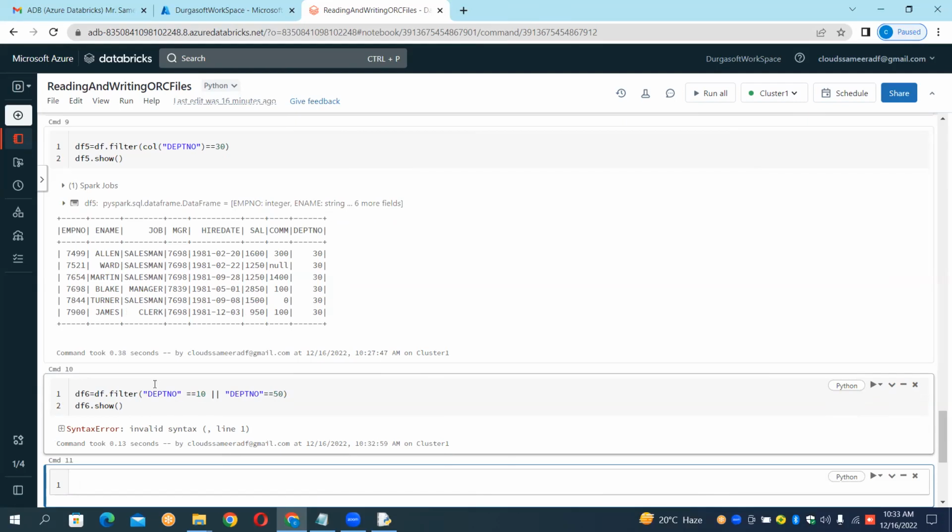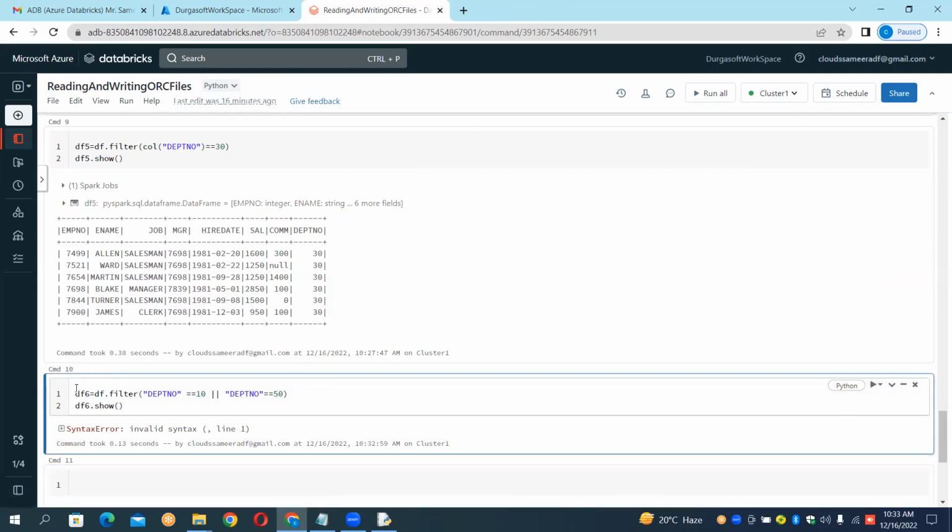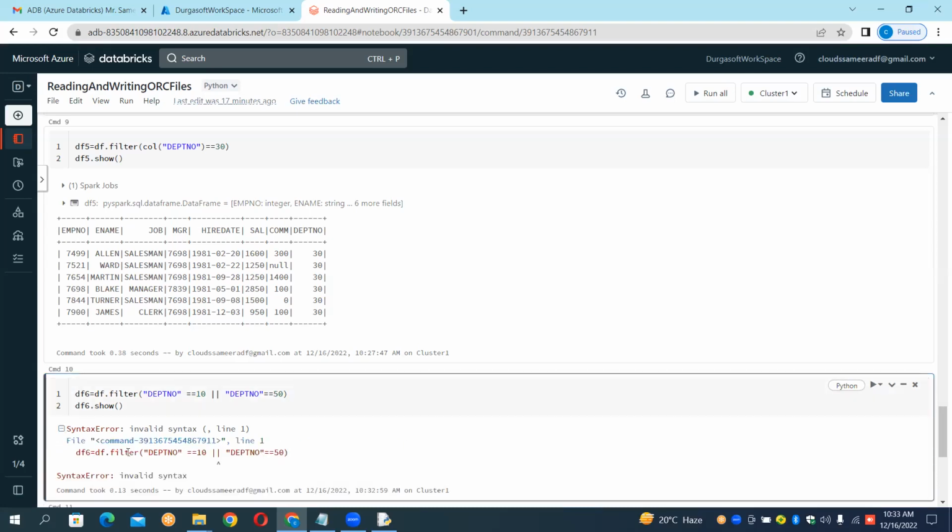Okay, you want me to import it? Okay, I'll do one thing now. It's already imported, right? Should it be required in each command? Not required, basically. That's the reason why it's working. But I think this OR operator is not working. That's what. Col of department number equal